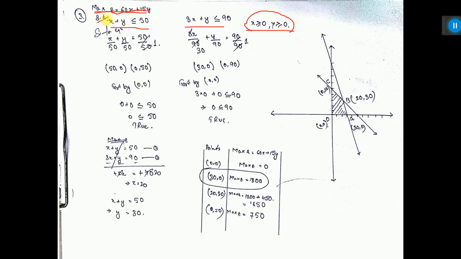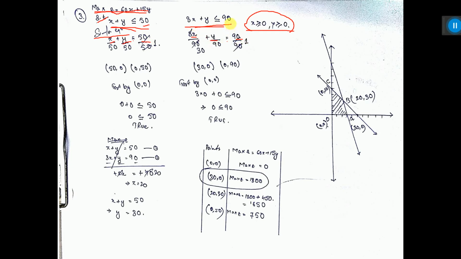First we have to take these constraints, this one and this one. So here we have to write similar equations. See how he has written similar equations. Write properly. Here you have to give an equal sign instead of the inequality. Divide the whole equation by 50. Here divide the whole equation by 90.